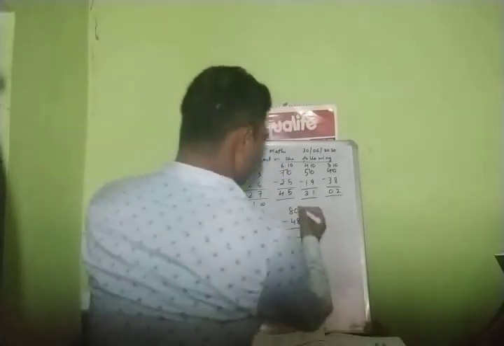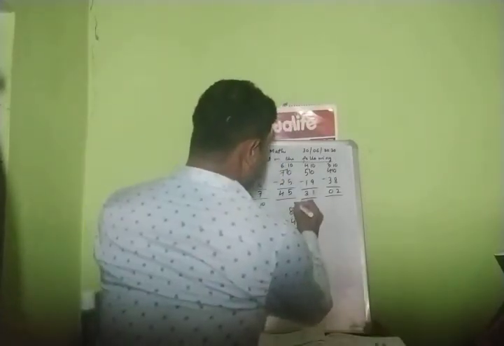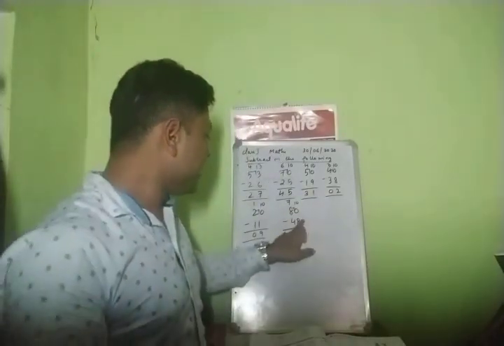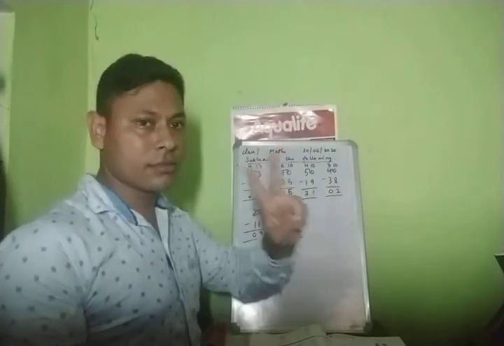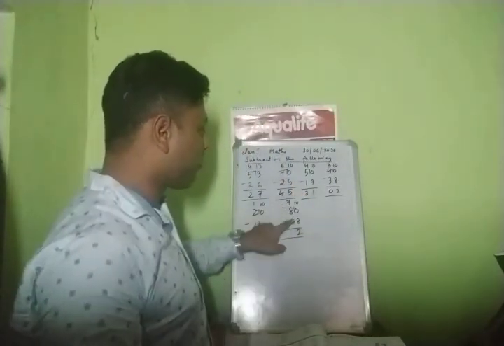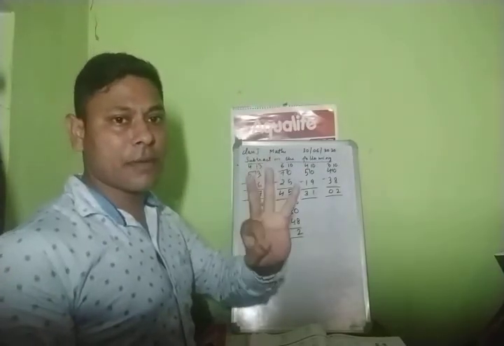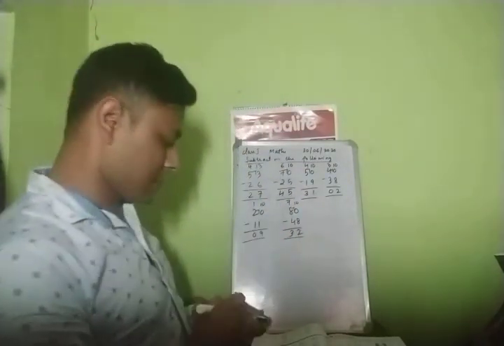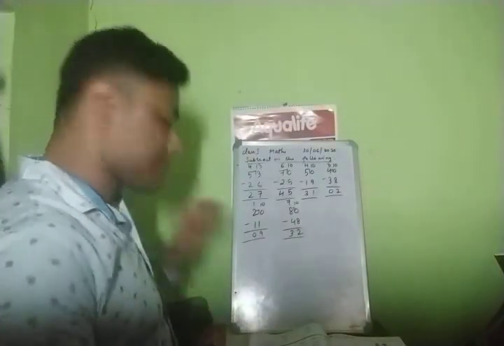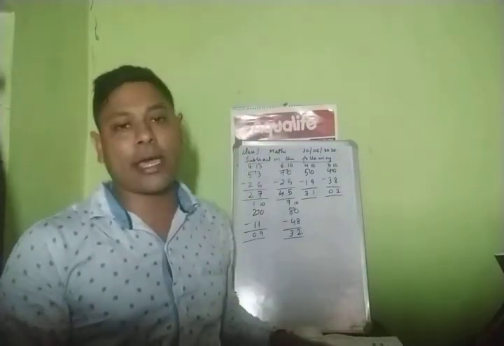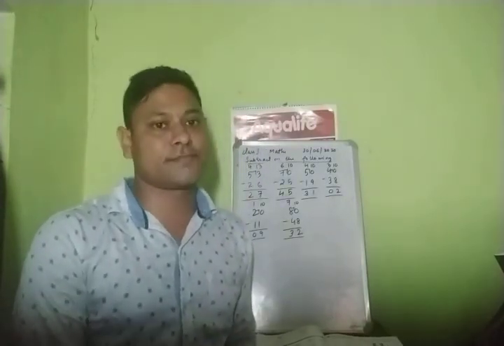Okay. 0 is there, so what do you have to do? Borrow. So 1, 0, 10. From 8 you gave, so what is there? 7. 8, 9, 10. 2. 4, 7. 4, 5, 6, 7. 3. Done. So by this we have completed our next exercise, that is exercise 4.6.